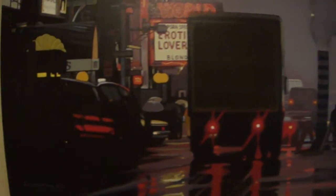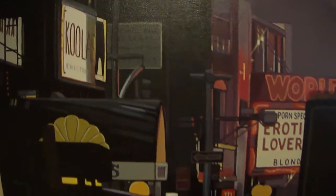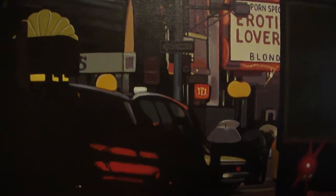In fact, I'm in the process of working with a photographer now who actually wanted to purchase the painting, but I've decided I don't really want to sell it, so I've come to an agreement with him that I will allow him to photograph it and make a print of it for himself, and possibly I will make these prints available online on another website, an art page that I will be setting back up again, and it's actually called Yessie. And this painting, prints of this painting, will be available on there at some point, and